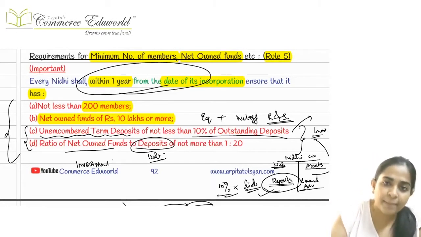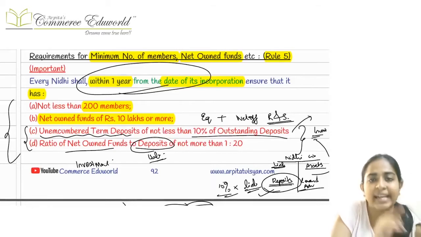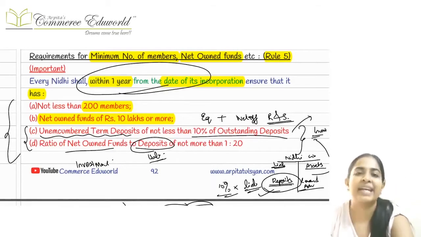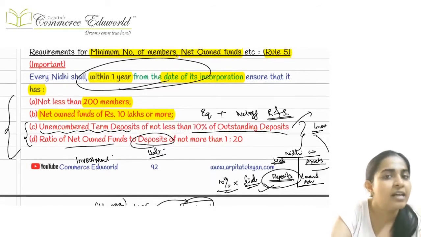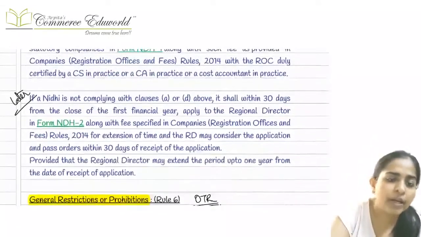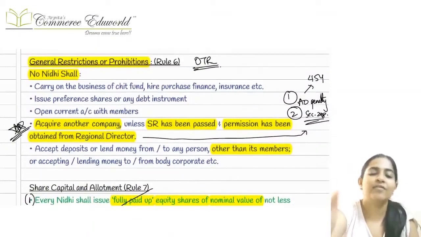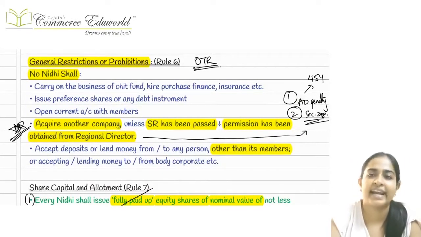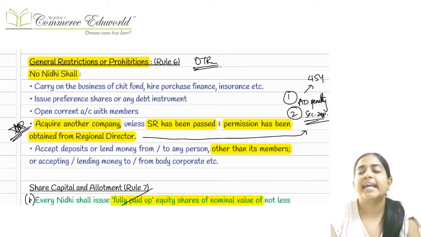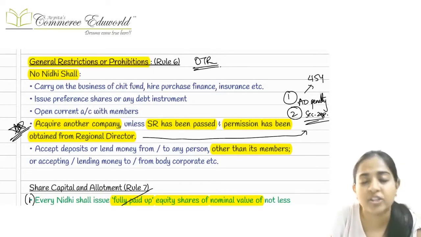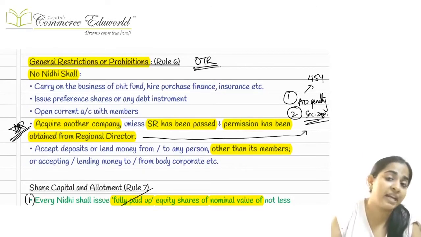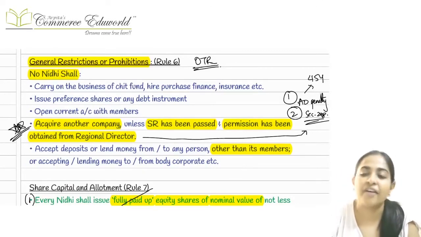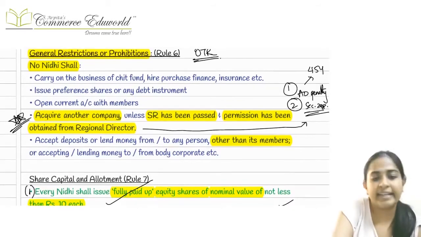Okay, whatever is your liability side deposit into 10%, this much amount should be kept in your term deposits as a security. Okay. Then after that, this we have already done, that it cannot engage itself in any other business like chit fund, etc. But yes, merger can be done, as I have marked that point as important. It can acquire any other company, it can get merged with any other company only after passing a SR and after taking the approval from the regional director.